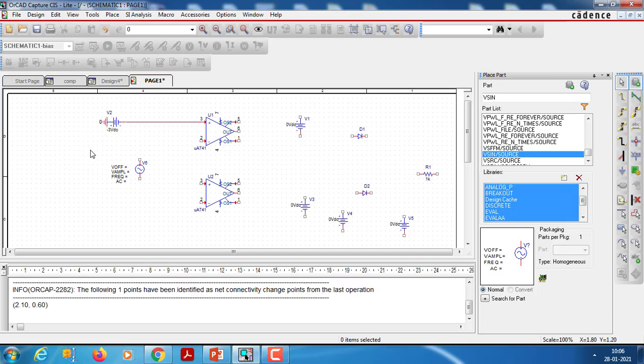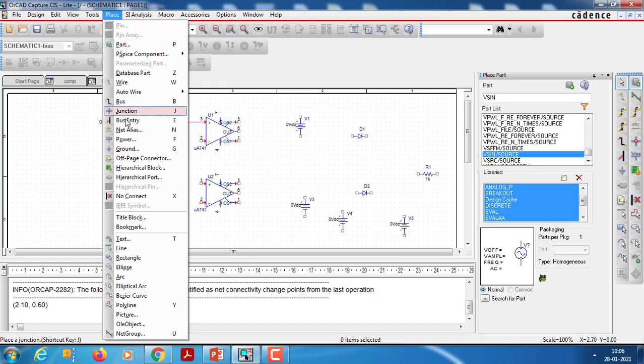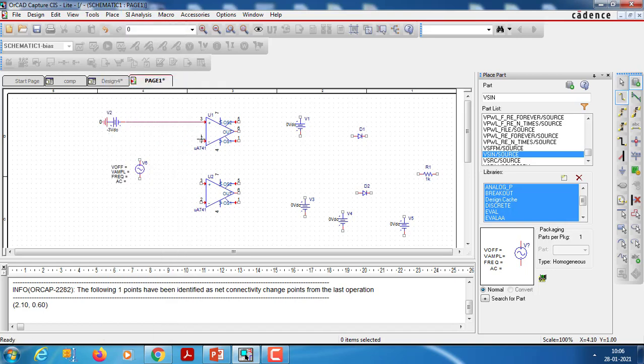Now this has been done. Now 2 and 3 short. So we have shorted 2 and 3.